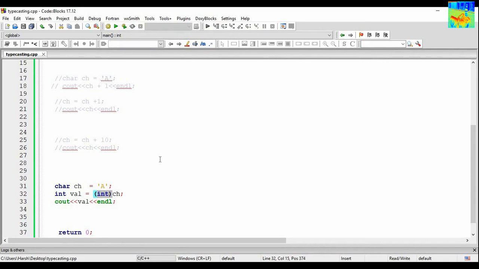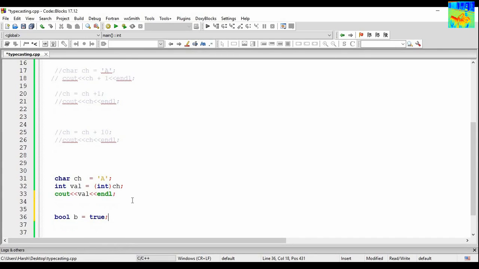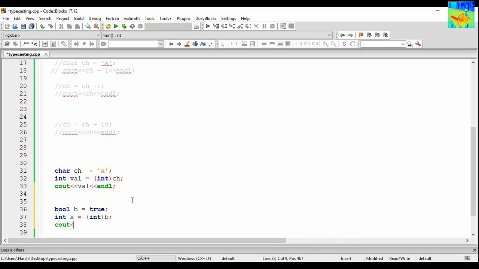We are typecasting ourselves. Let's take one more example. For example, bool b equals true. Int x equals typecast b, and then you are printing the value of x.